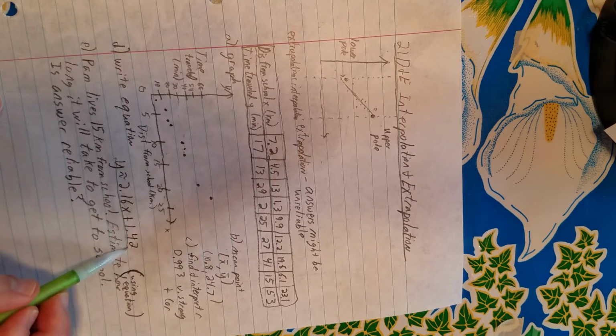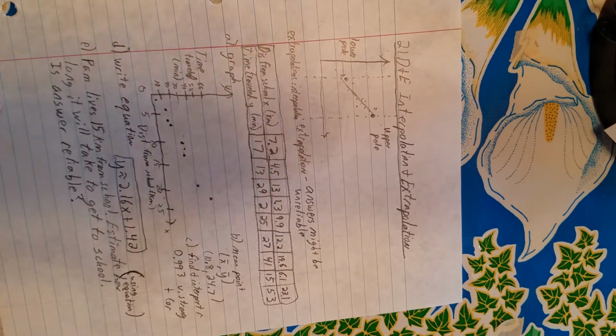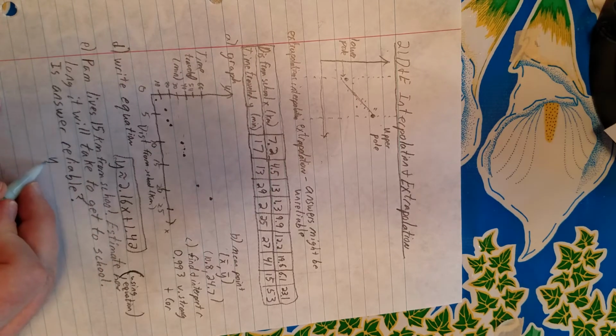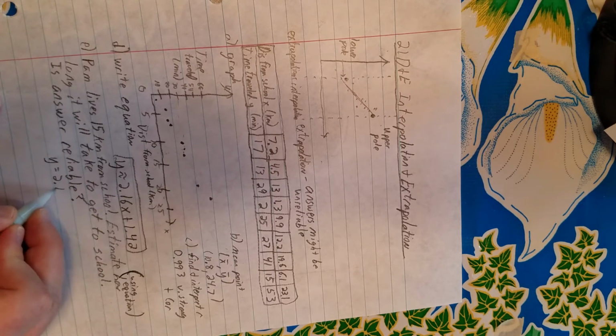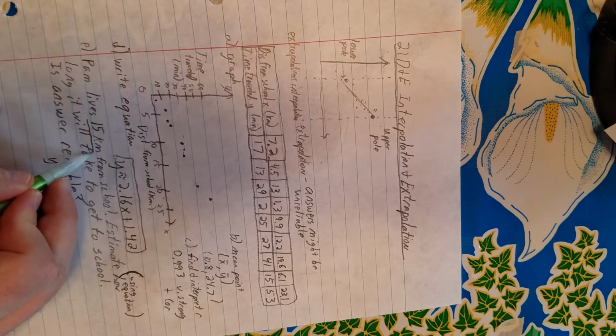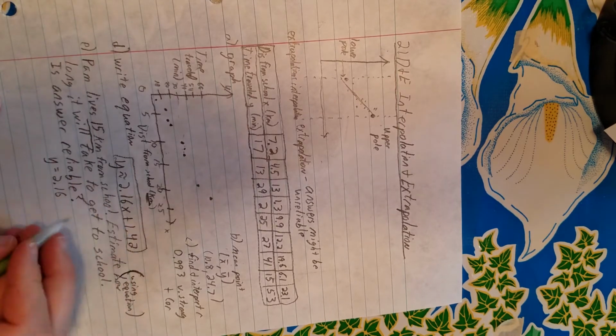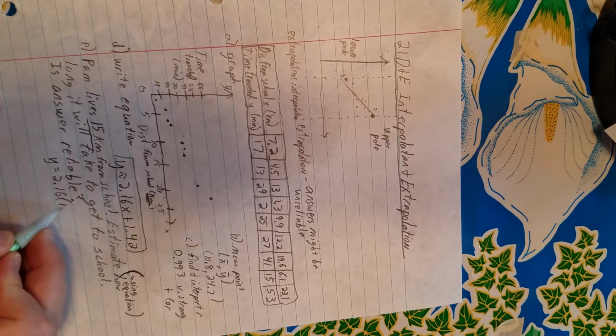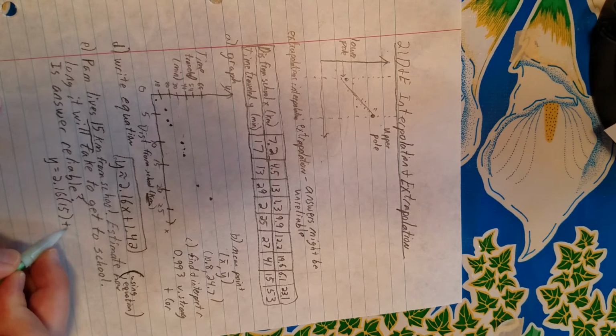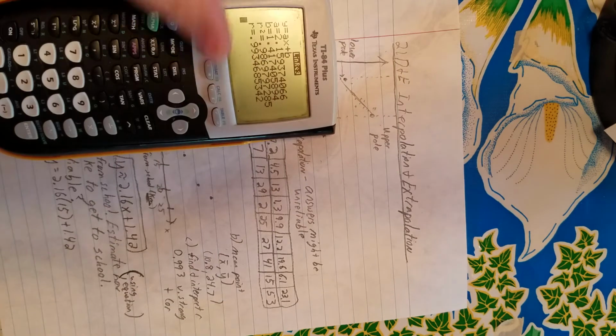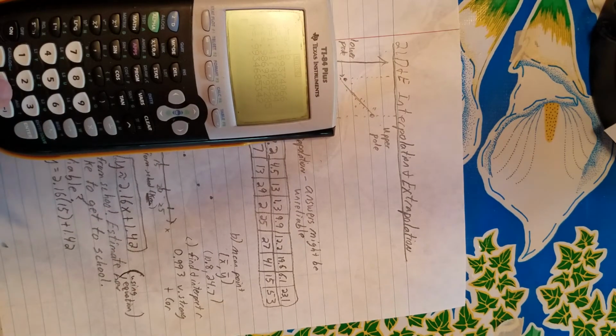So we need to use this equation right here. 15 kilometers, again, kilometers is my x, so I'm going to plug that in for x and then get our answer. There's a couple ways you can do it, but you can just go 2.16 times 15 plus 1.42,